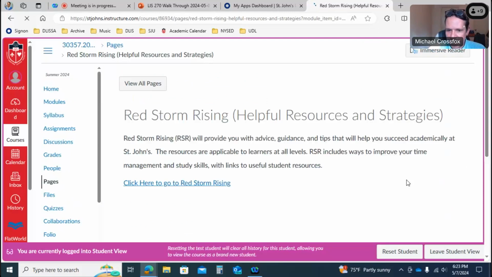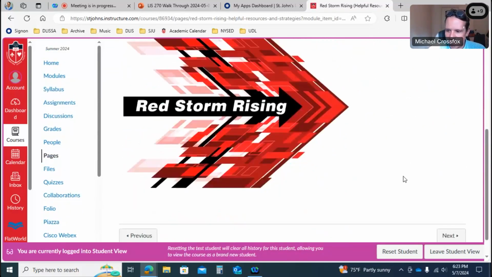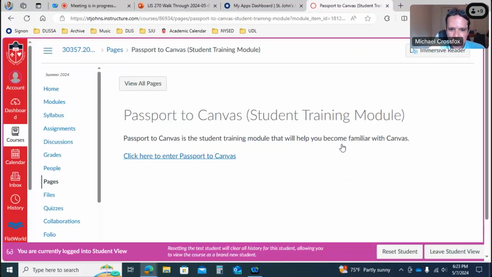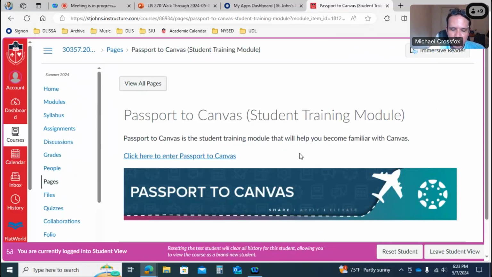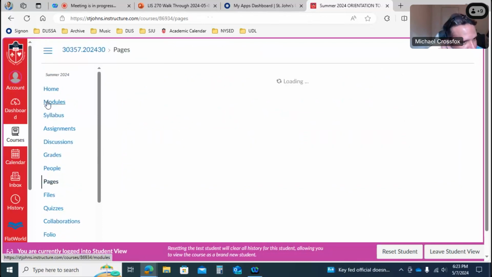But also there is a student-facing tutorial from Canvas itself. If you've never used Canvas before, it's pretty smooth and not steep. I don't know what the opposite of steep is. Pretty flat learning curve. So you can enter this, the passport to Canvas, and that'll get you up and running with your Canvas skills